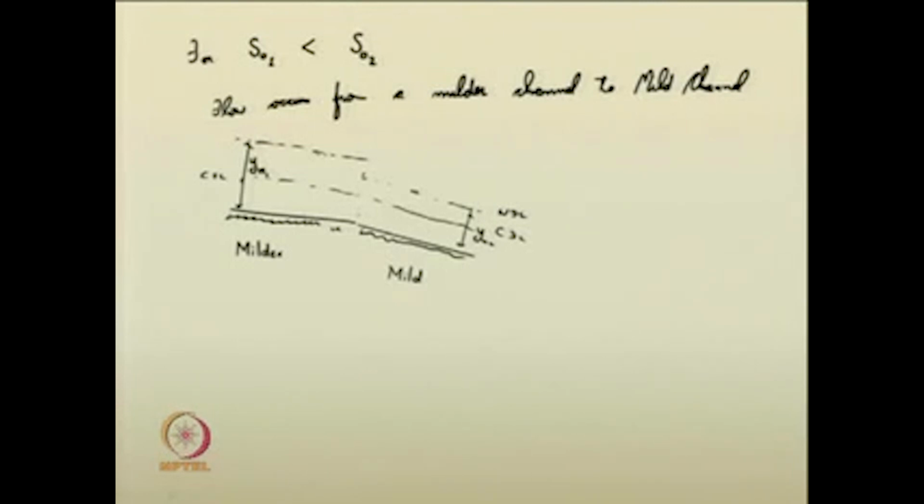So, this will be y n 1, y n 2. So, you have in this situation flow occurring from a milder channel to a mild channel. So, the profiles as we have described earlier, you can see for such situations three situations, say this, in this case the milder channel followed by a mild channel, having both the critical depth same,